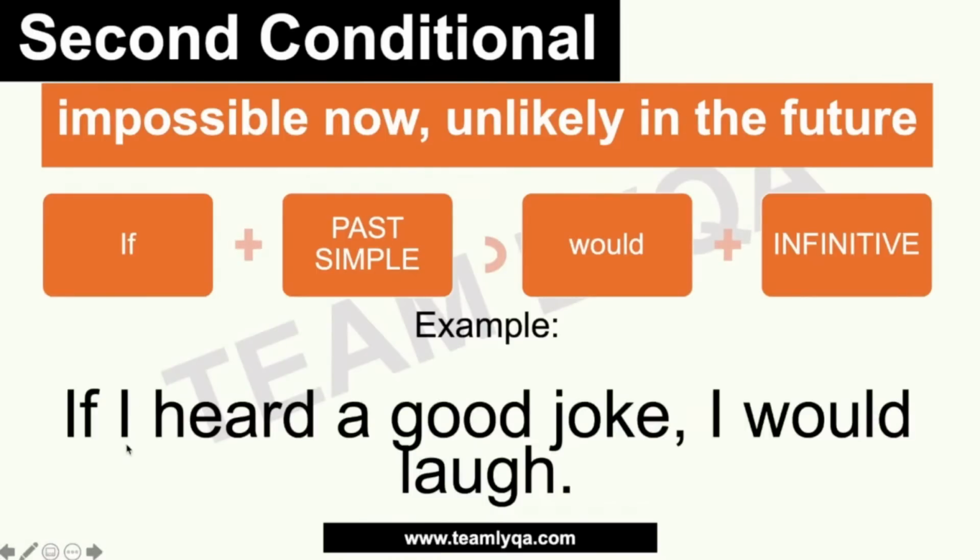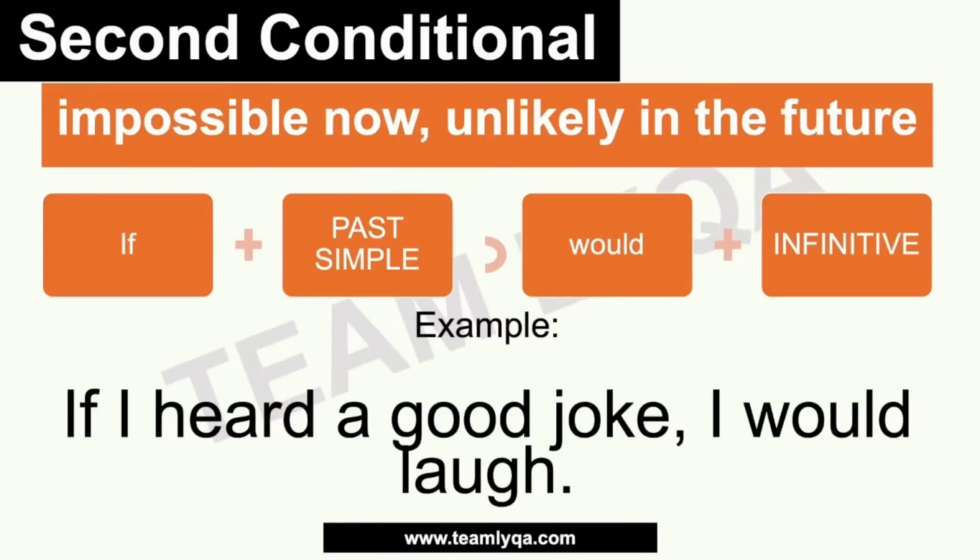If you underline, I heard a good joke, that is an entire sentence in itself, and it's something that happened in the past. Okay? Hindi nagpapatuloy hanggang ngayon, hindi tumakbo for some time at huminto in the past. It just was one moment in the past, nangyari na. Okay? So, if I heard a good joke, tapos ito na yung kasunod, I would laugh. Okay? So, again, imposible nang, in this case, imposible na mangyari ngayon, no? Tapos na nangyari na nga in the past. Parang, alam mo kung nakarinig ako ng magandang joke, tatawa ako. Parang kung nakarinig sana ako ng joke dati, tatawa